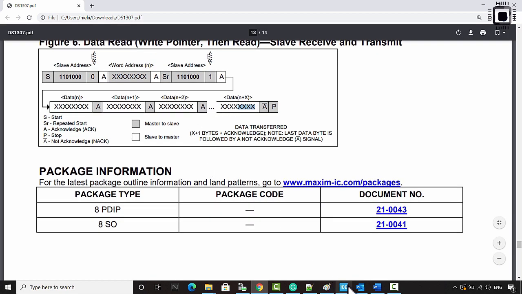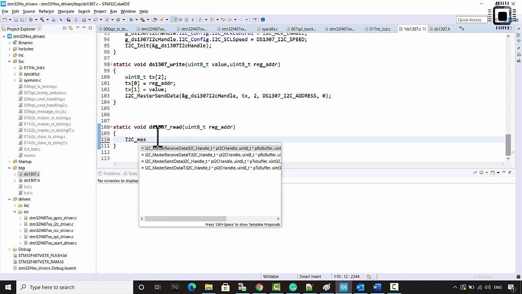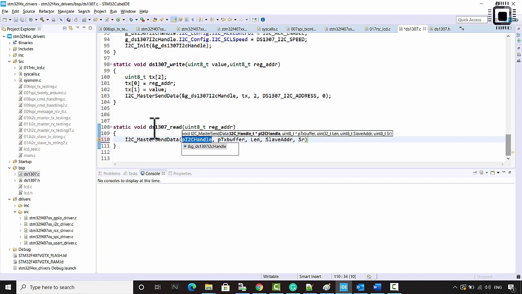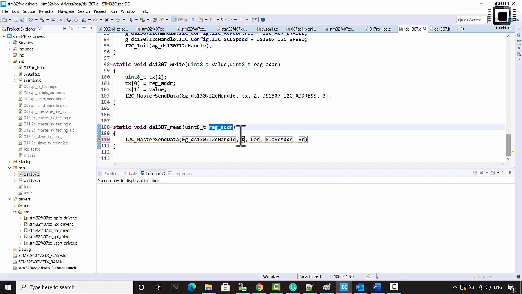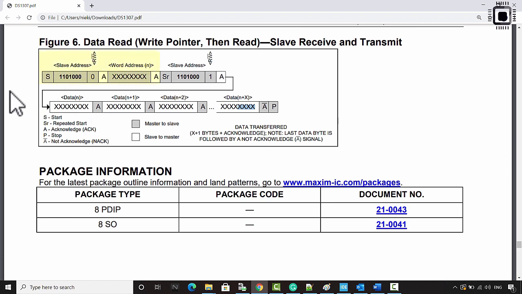That's why in our code we'll do this. Let me first do a data write. So I2C master send data. This handle buffer is nothing but, there is no buffer, I'm just sending the pointer to the register address. Length is 1 byte, slave address is this one, repeated start is not required. Let master generate the stop condition. I am doing this to accomplish this part,